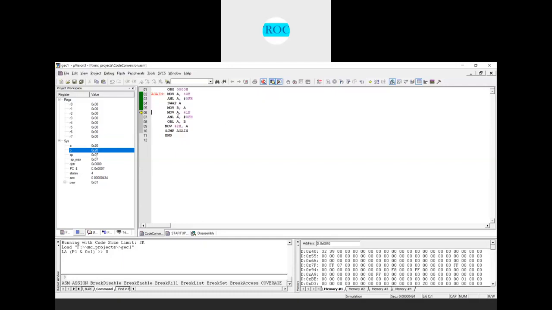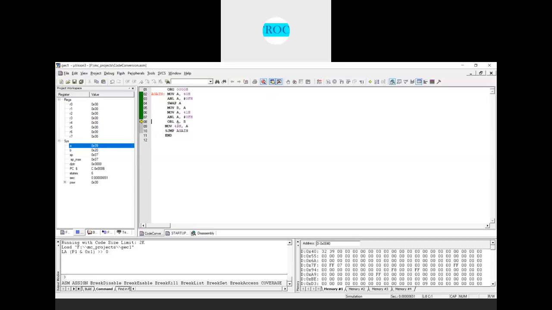Next I'll read the next ASCII code from memory location 41H and store a copy into the accumulator, so the accumulator is now having 39, right? Now again I'll perform the AND operation with 0FH. Since it is 0F, only the lower nibble will be stored in the accumulator. After performing the AND operation with 0FH, we have 09 in the accumulator.